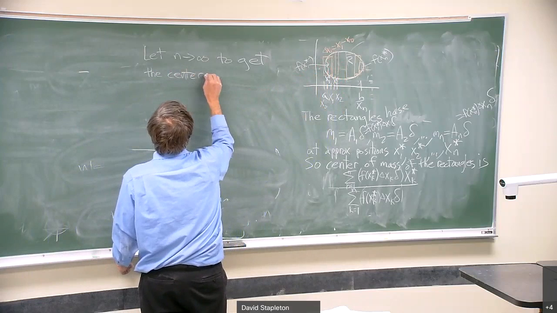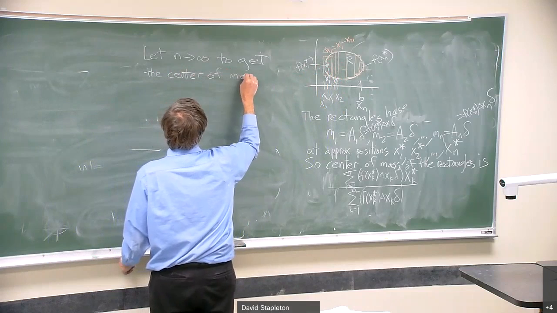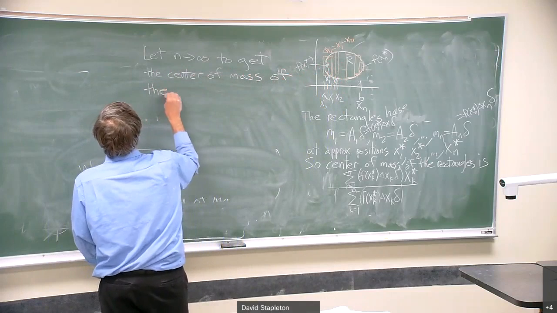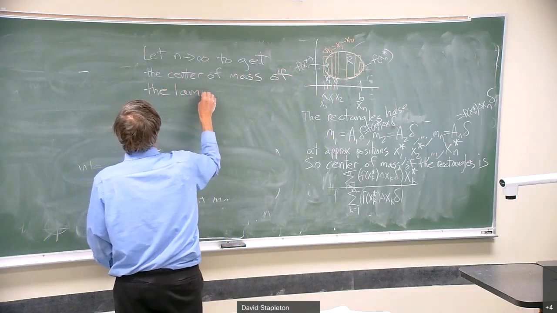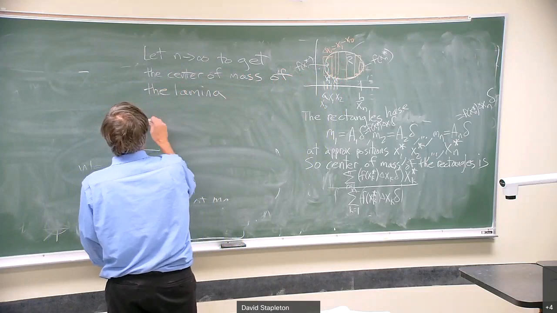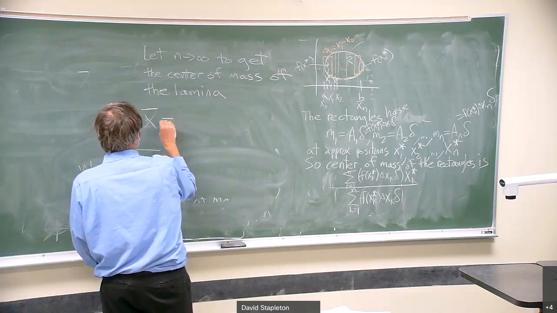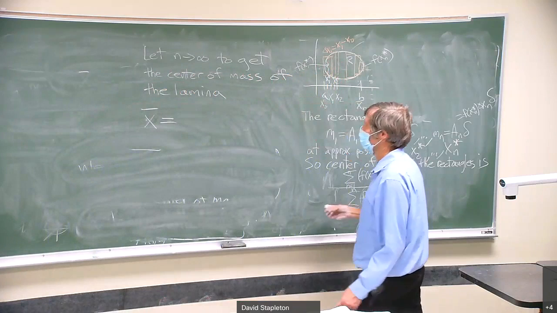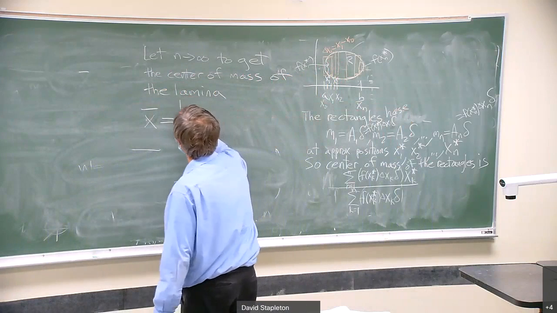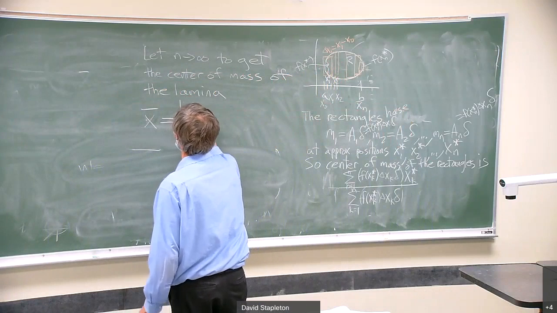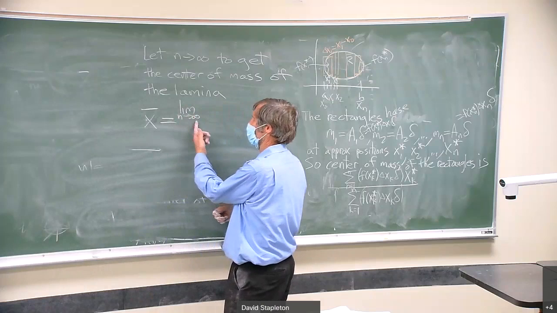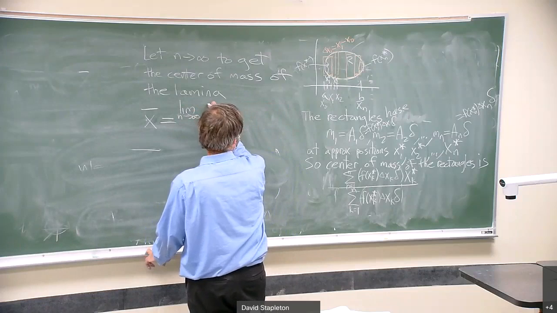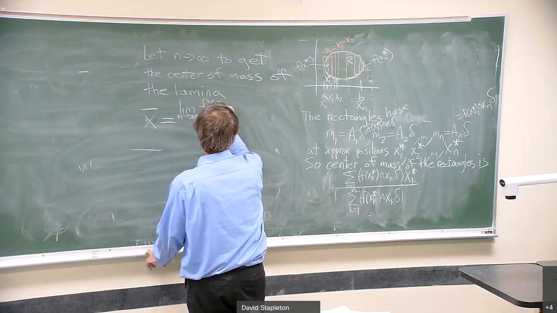If the center of mass of the lamina, denoted x bar, and it's the mean in statistics, is the limit as n goes to infinity, or as the book writes, the norm of the partition goes to 0, of the position. F of xk star